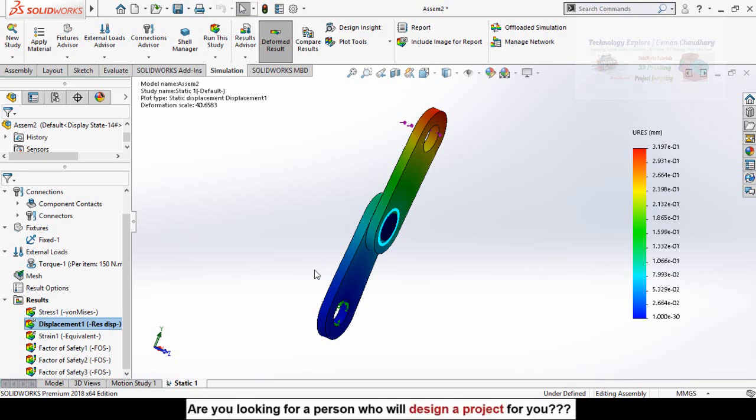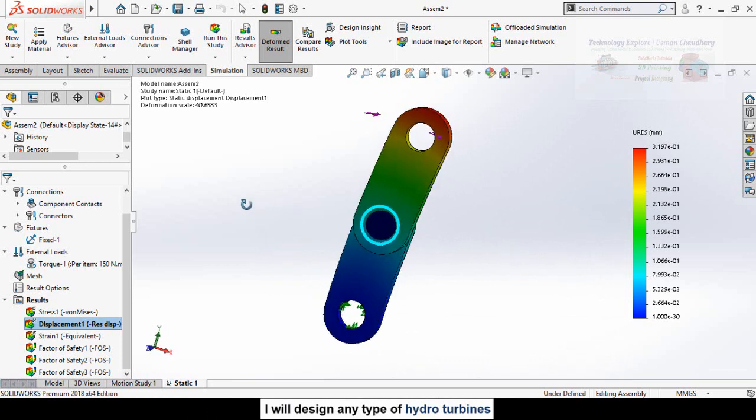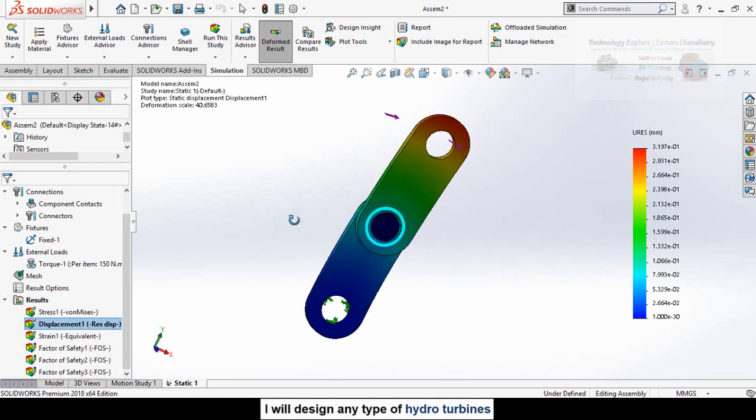My name is Usman Chaudhary and in this video I am going to do simple simulations in SolidWorks. I will also tell you how to check whether your part is perfect for manufacturing or not by defining the factor of safety. So keep watching this video till end.